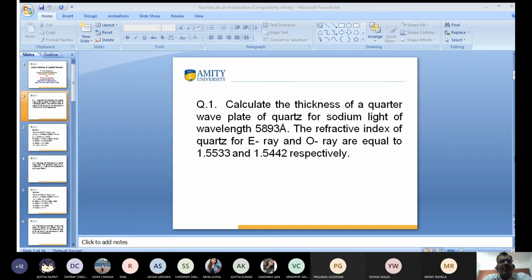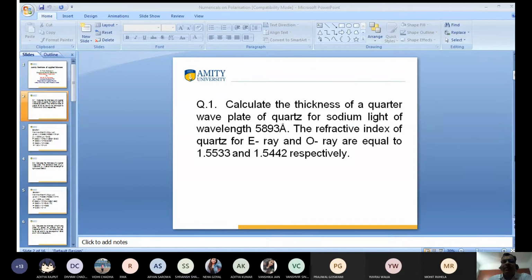Any doubt, any question to ask me? Otherwise, I am going to the numerical problem. In the exam we ask numericals and MCQ questions, so keep numericals in mind. Does anyone have any problem? Neha, Shivans, Prajjal, okay, Rama. No, sir.